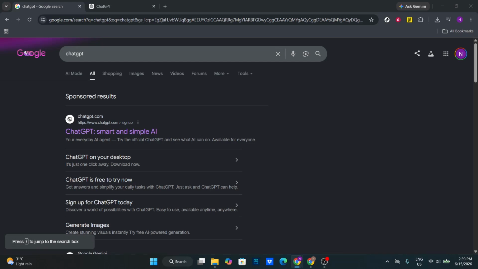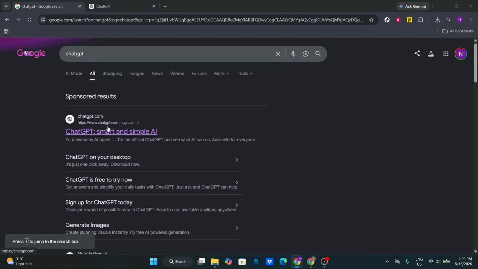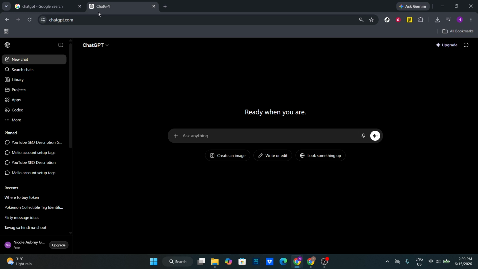In today's video, I'm going to teach you how to turn on temporary chat on ChatGPT. To get started, open ChatGPT in your web browser and make sure you're on the main ChatGPT page. Once the site has loaded, go ahead and enter the ChatGPT interface if you aren't already inside it. This is where you normally start a new conversation, view your previous chats, and access the main tools available in